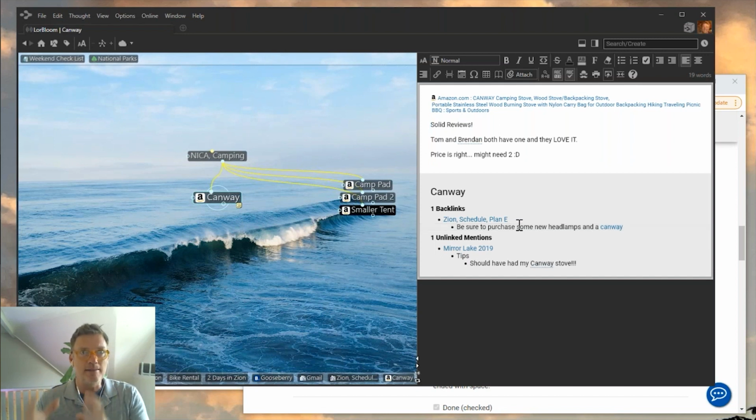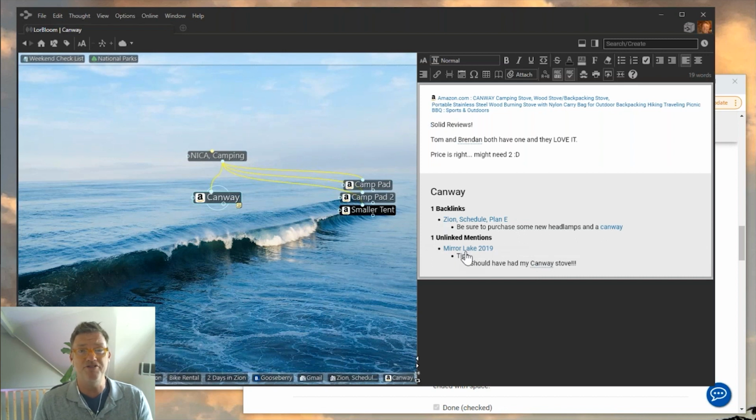So that is quite simply the difference between an unlinked mention, where the word is being mentioned on this other thought, versus a backlink, where the word is actually being linked on this other thought. So you've got a lot of choices when you're creating your brain. Do you want to actually visualize the link to this other topic? Or do you just want a link to it in your notes, or an optional link so you can right click and navigate to that thought? A few different options, but you'll notice these